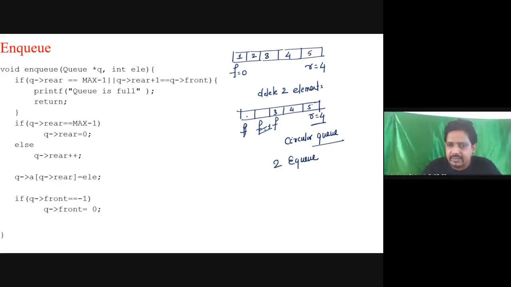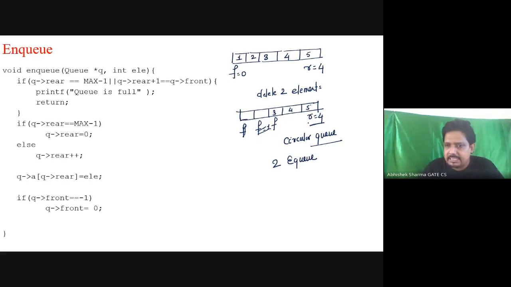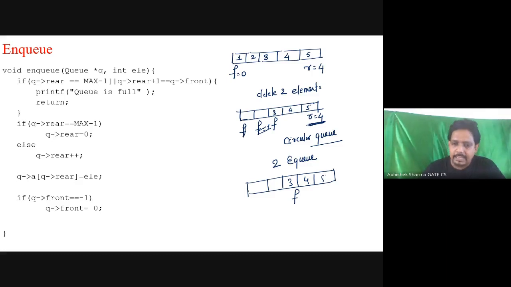then it starts filling the element here. That means suppose I insert 6 and 7, then the rest will remain the same. F is 3, 4, 5, F is still here. Then 6 will be inserted here, rear will come to this position, and on 7 insertion, rear will now come into this position. Now, rear is here, front is here, okay, this implementation.